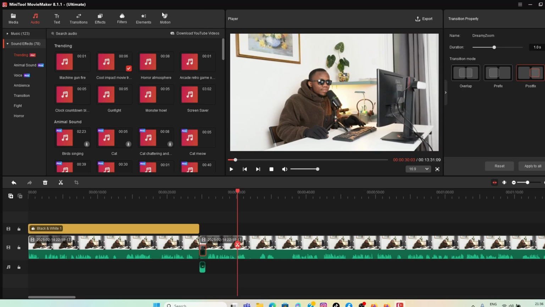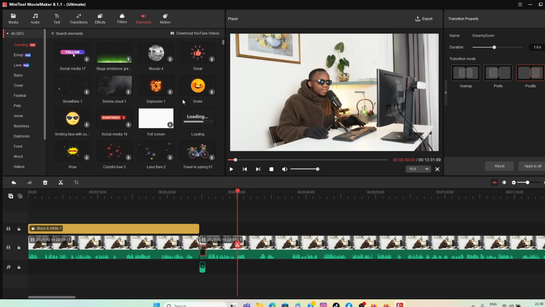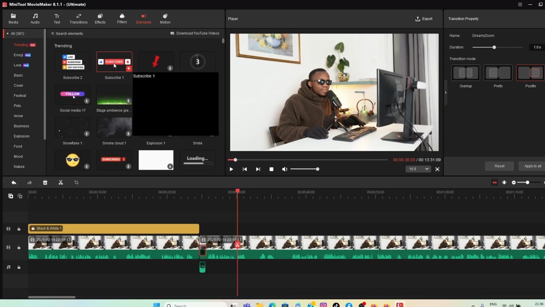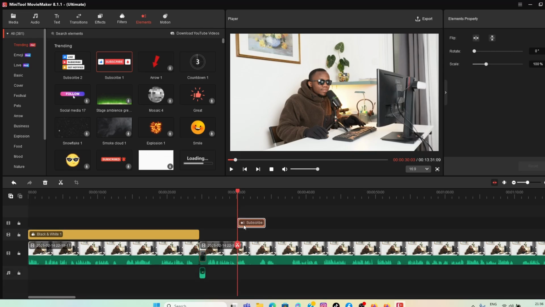elements. So I can just click on this elements button here. I can add a smiley emoji. I can add a lot of different things. For me, I would like to add a subscription button. So I can just click here and drag and place it somewhere here. Now I can double click on that and drag it to somewhere down here, because as soon as I'm addressing my audience, I want to remind them to subscribe if they haven't